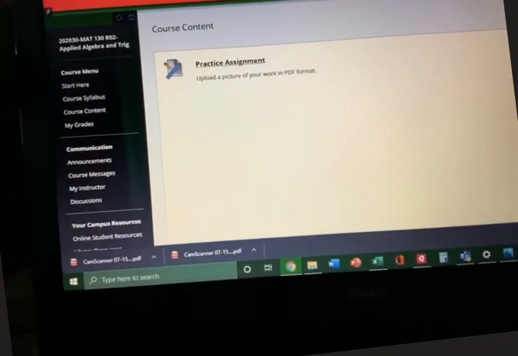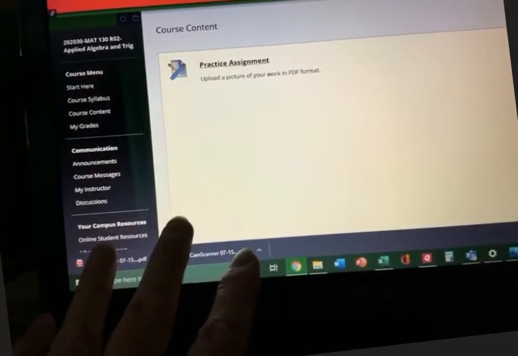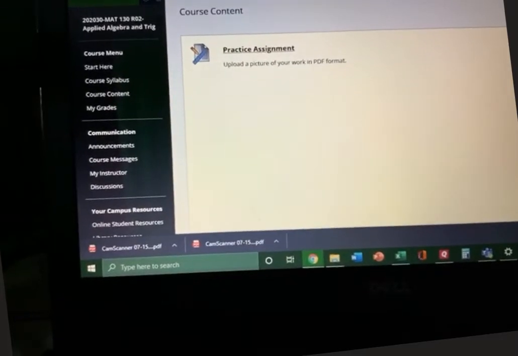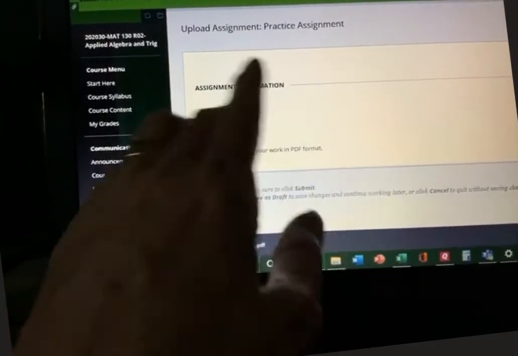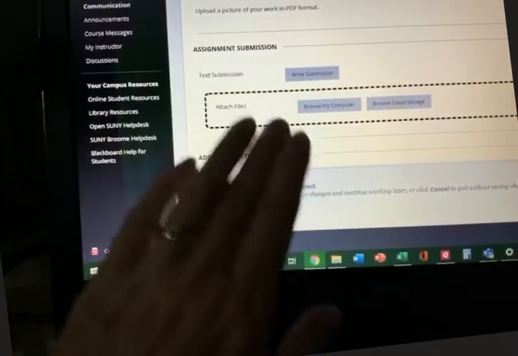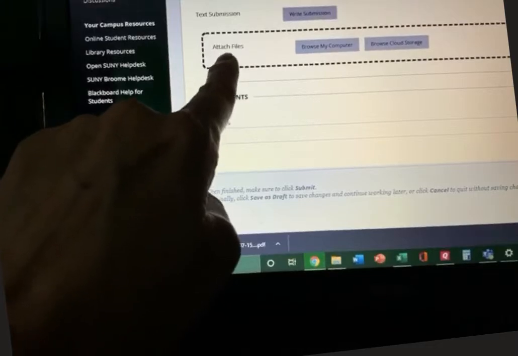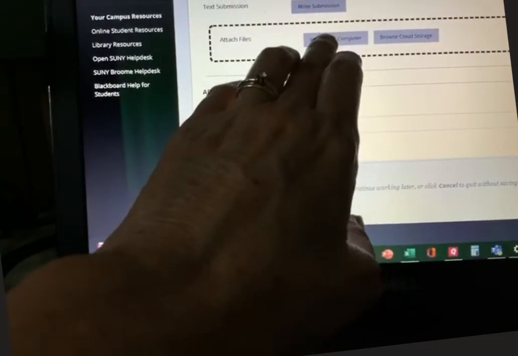Here's what you'll see. At some point you'll see a practice assignment, or it will be labeled according to the name of the assignment that you're supposed to be working on. So you click that, and it'll tell you how many points possible. This is just an example. But if you go down, you will get to attach files. You may want to write a text to explain something about it, but browse your computer,